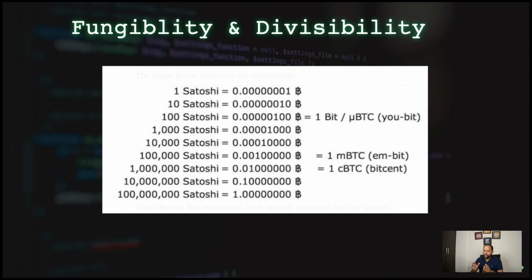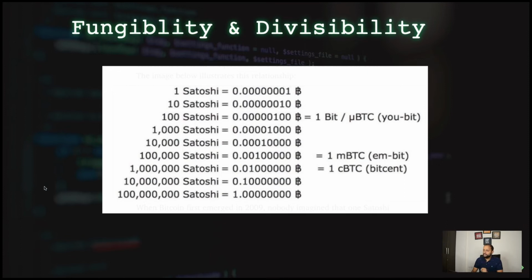For example, 1 Bitcoin can be divided into a fraction as small as 1 by 8th of a BTC. In other words, BTC was programmed to be divisible up to 8 decimal places, with the smallest fraction being called a Satoshi, named after the pseudonym of the person who gave the Bitcoin proposal, right? So while Bitcoin has soared in value in the past years, from $1,000 up to $60,000, it can still be used for micropayments, and that is where its use case regarding divisibility and fungibility comes into the picture, right?